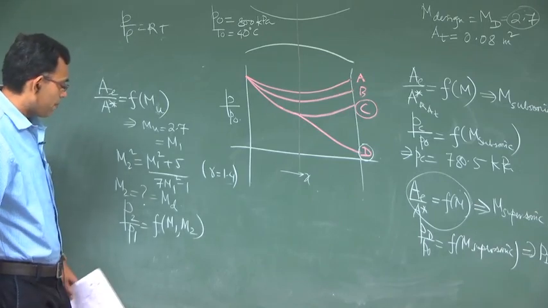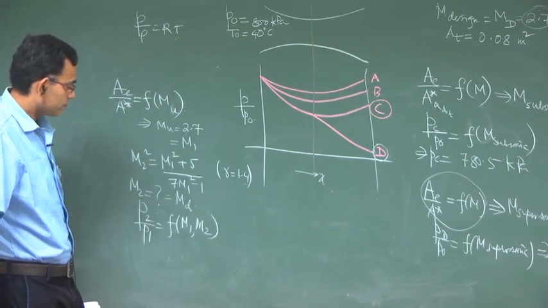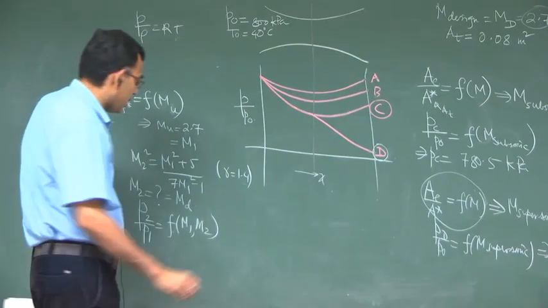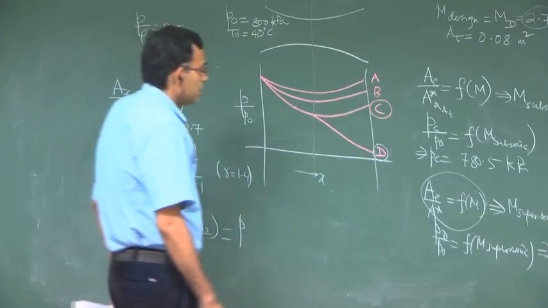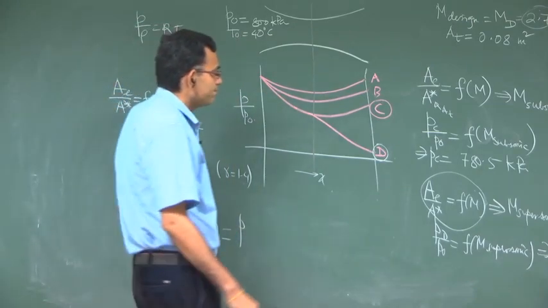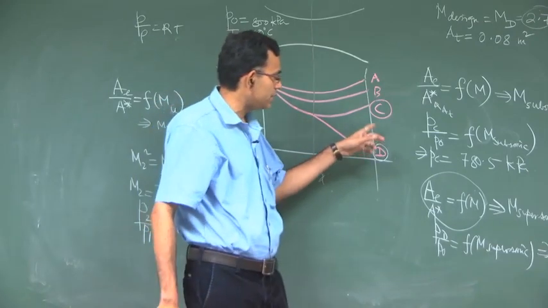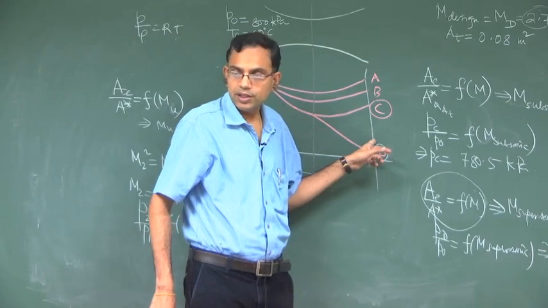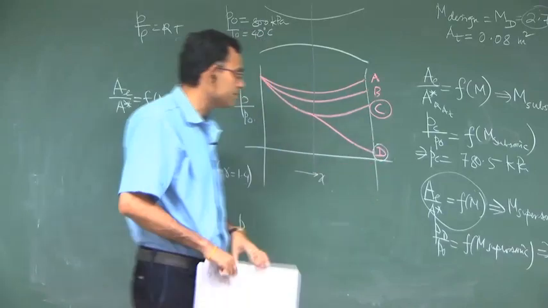So, if you have obtained m1 and m2, you will get P2 by P1, and P2 by P1 is nothing but the shock which exists at the. So, in the previous class we mentioned the points A, B, C, D, E, F, G, right, G point in the. So, I am trying to give the same symbols as we did in the theory class.